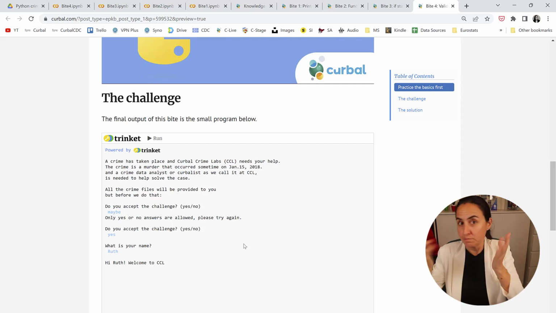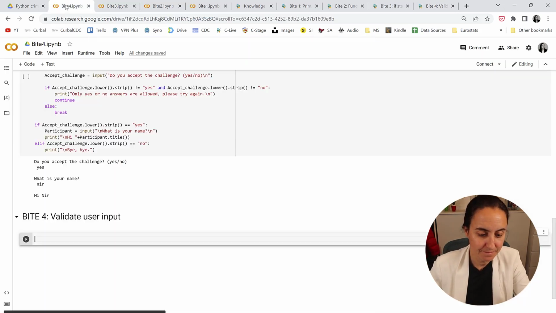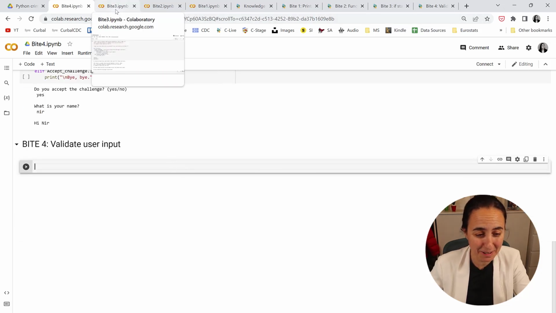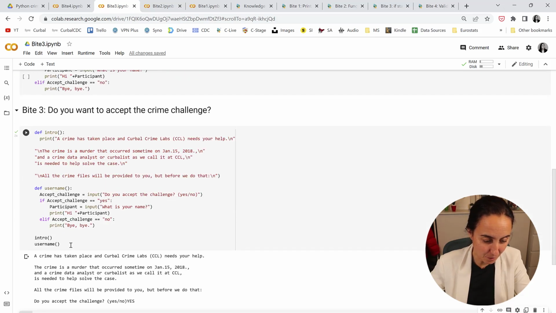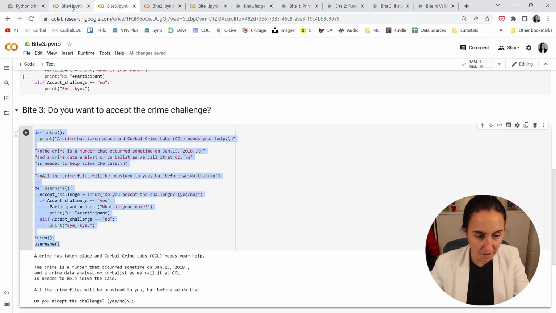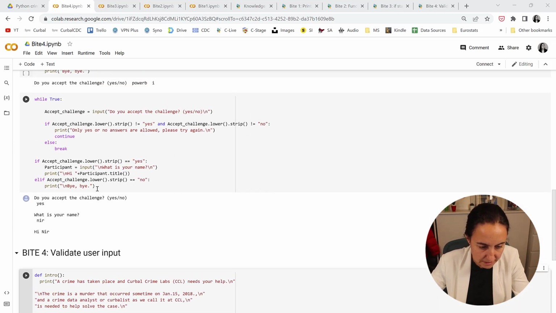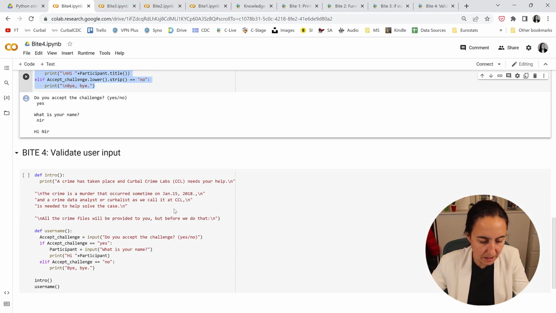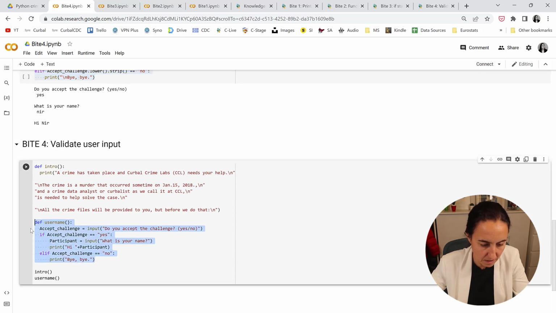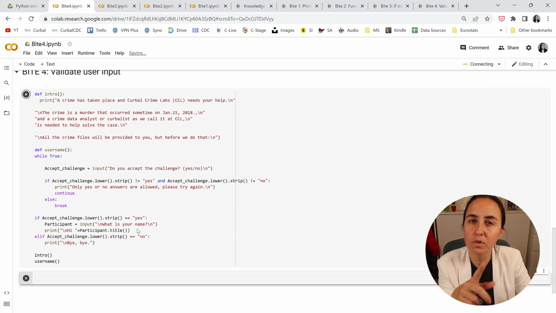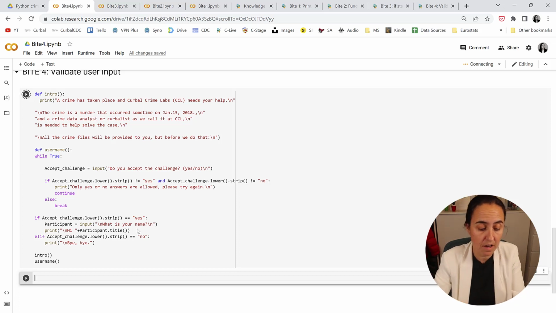Okay, so let's solve it. Byte 4. So we're going to steal some of the code from byte 3, that's for sure, because it is fairly similar. This is the if statement that we need to put in there. Like that, and then shift enter. If you don't know what the code above is, go and check byte 4, the theory part. This is just a solution, okay?